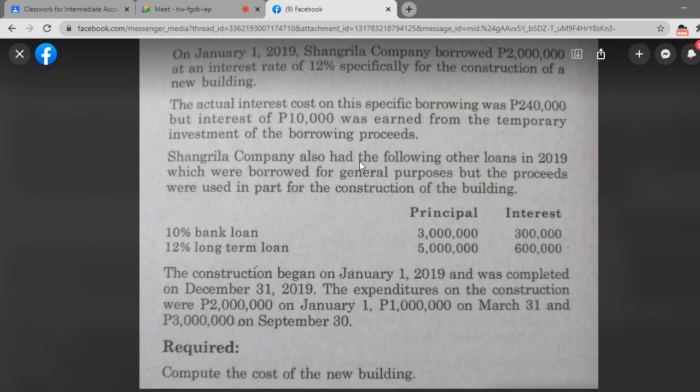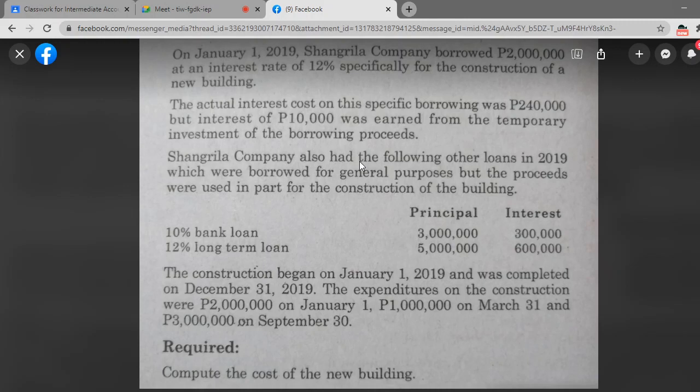So the companies usually do this. Pag manghiram sila og kwarta, if they want to loan money from the bank, di ba pag magpa-construct ka, tagi-tagi man po ng imuhang pagpalit or paggasto, dili man kay biglaan nimo nga paliton tanan. Murag kag nagpa-construct og balay, di ba? Hindi naman siya sa one day lang binili mo na lahat. Binili mo na yung hollow blocks, yung semento, nagbayad ka na ng labor, and etc. Di ba na ay ka ng staggered ba na payment, especially pag abot sa labor. So, instead na matulog ang 2 million sa iyahang kaban, Shangri-La Company opted to invest it temporarily.